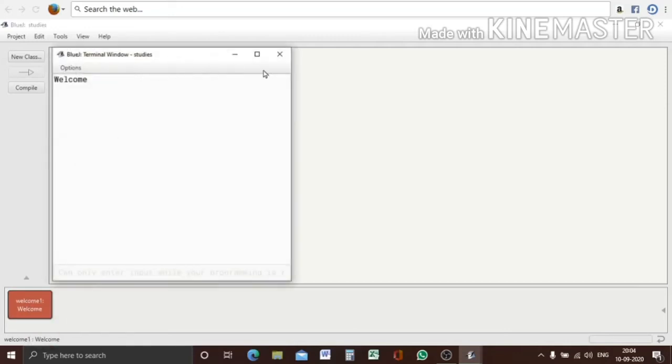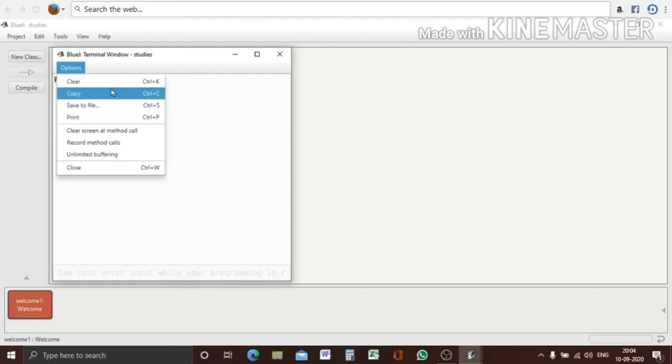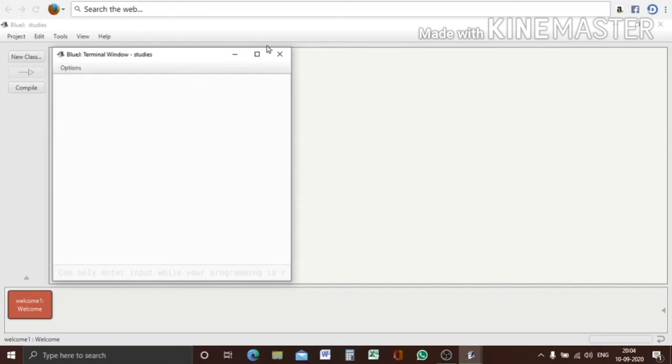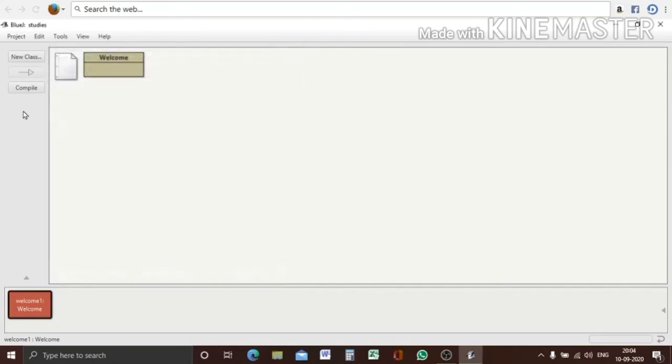Right click on the object, and here in this case it is main. You see the output. After seeing the output, clear it, or else the output would be displayed with the next program's output. Again, double click on the class Welcome and you are going to print your name with the statement